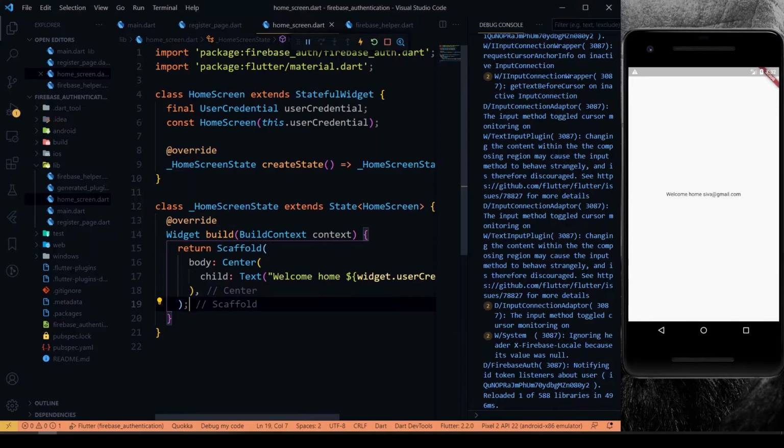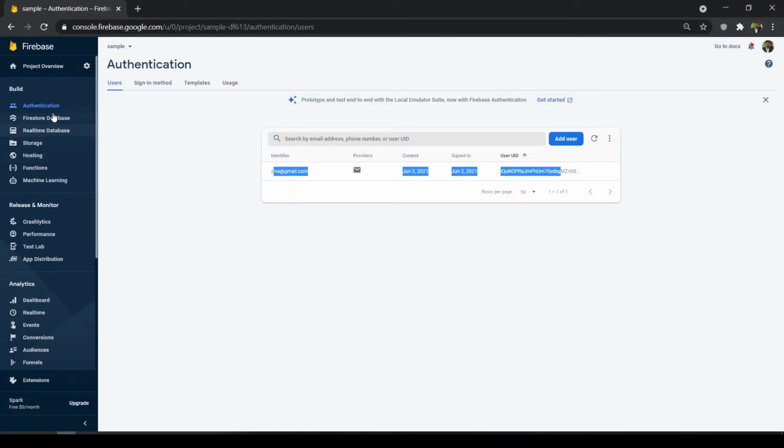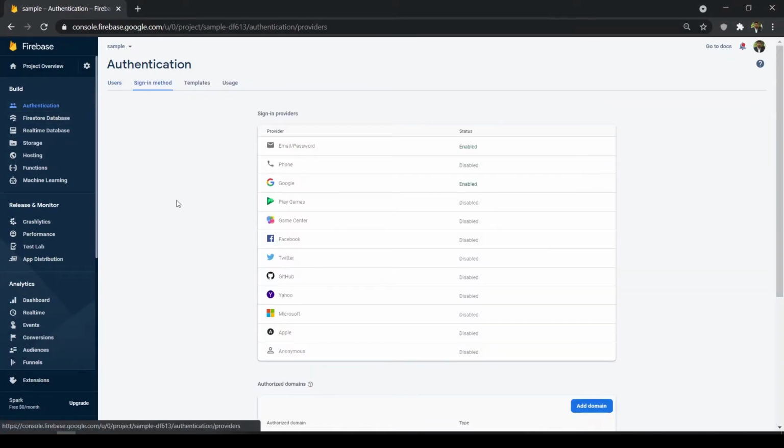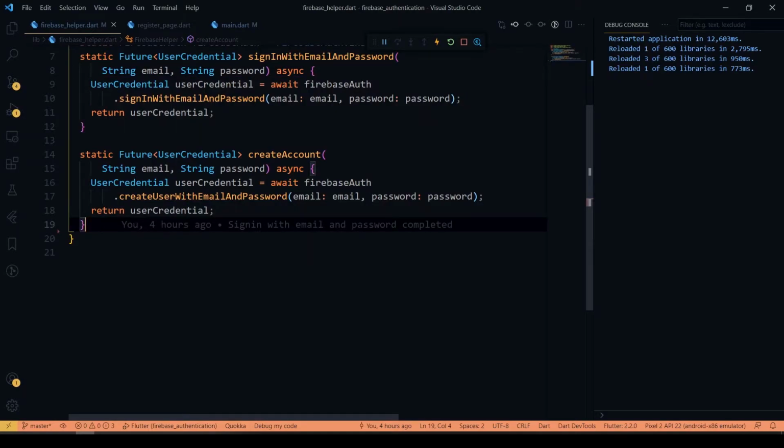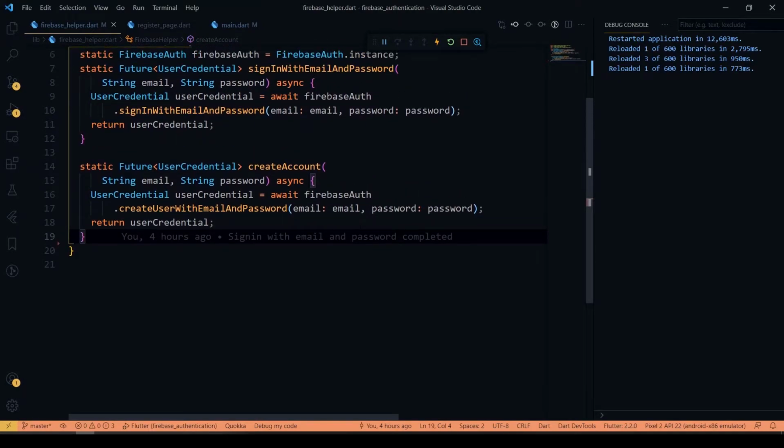So this is how you can create your user account with email and password in Firebase. You can also create a user account with a lot of other providers defined inside the sign in method in our Firebase console, like Google Play Games, Facebook, Twitter. You can choose which social media you want to use as authentication, and you can use it easily with Firebase. So here we'll create a method for signing in with Google.